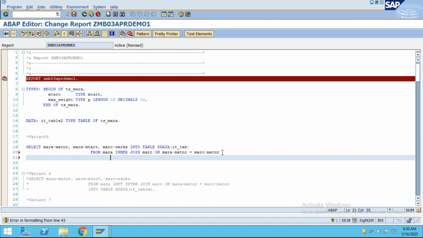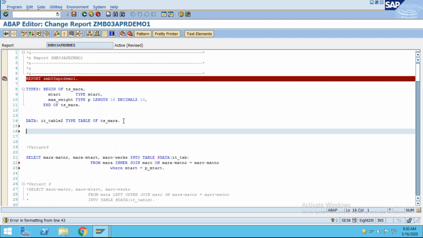There was no problem. Suppose you want to give mtart equal to, let's suppose, a parameter which I'm passing from the selection screen.